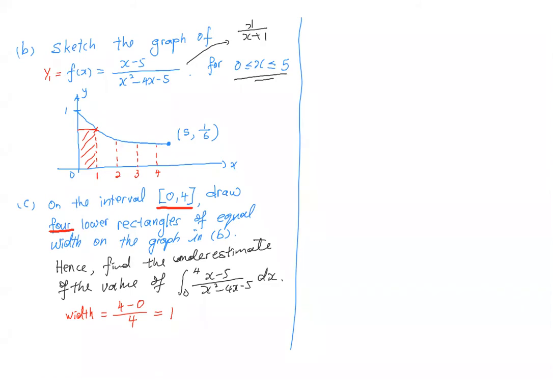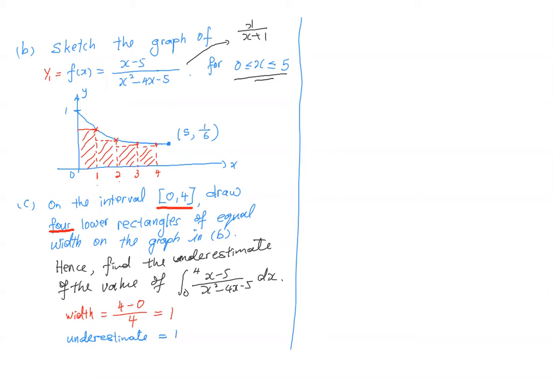For the second lower rectangle, between y1 and y2, y2 is lower, so you take that. And between y3 and y2, y3 is lower. So the next one will be y4. Okay, so you write down underestimate will be equal to